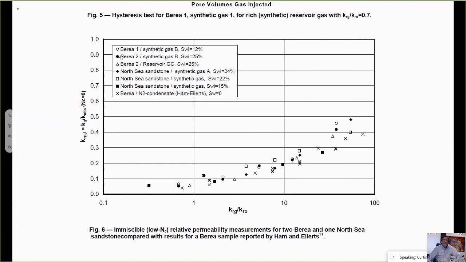So closed circle and open triangle. There's not a lot of difference in these. Closed circle, open triangle. I mean, I think the general assumption of the immiscible curve being independent of the fluid system is a good one, with and without water saturation, maybe not so good an assumption, but